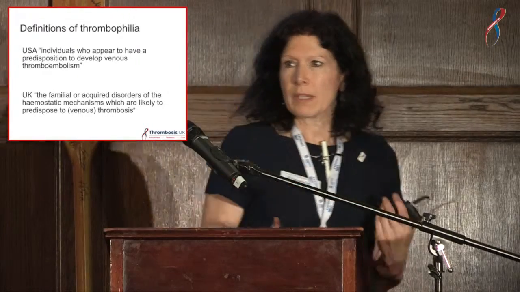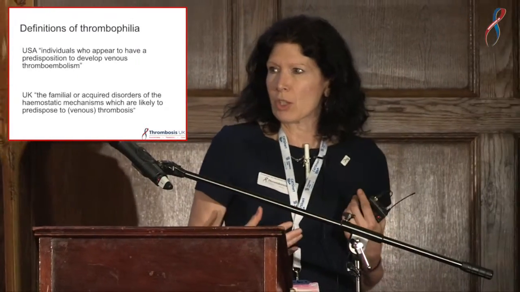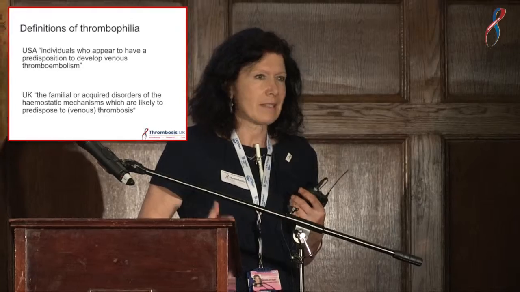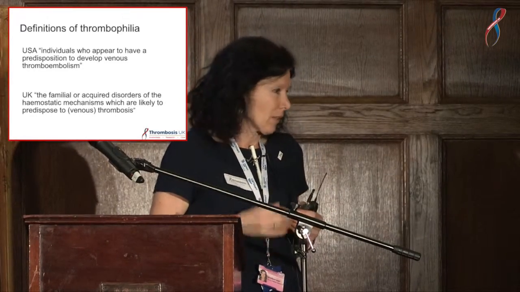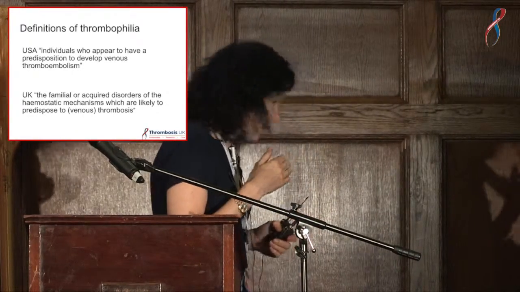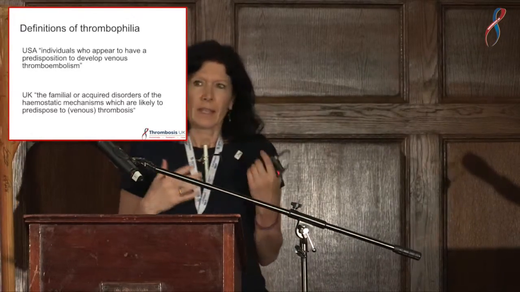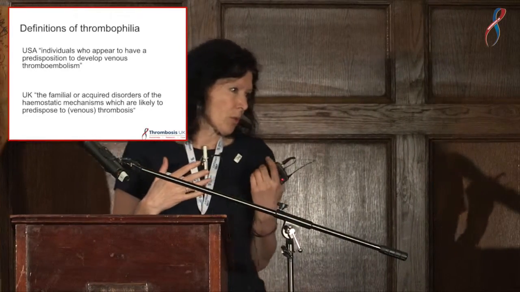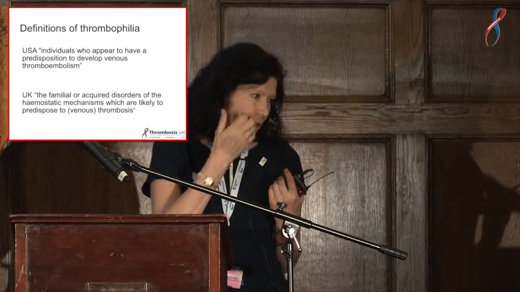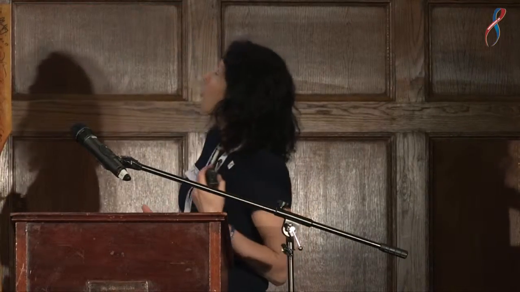So we've got two definitions of thrombophilia, the American definition and the British definition. The Americans have come up with this lovely fluid definition, and the Brits have come up with a slightly stilted definition. So here we go. Thrombophilia is individuals who appear to have a predisposition to deep vein thrombosis and pulmonary embolism, which is what venous thromboembolism